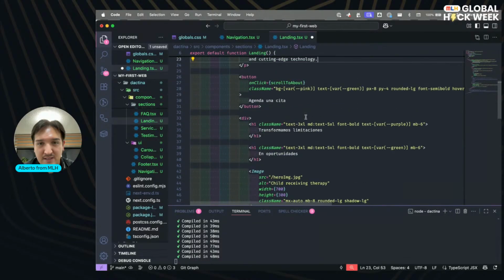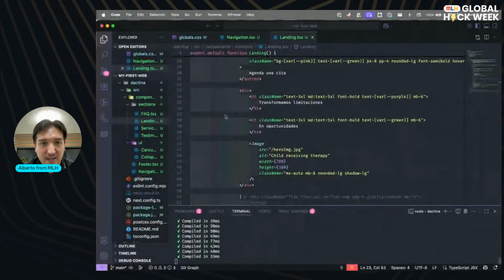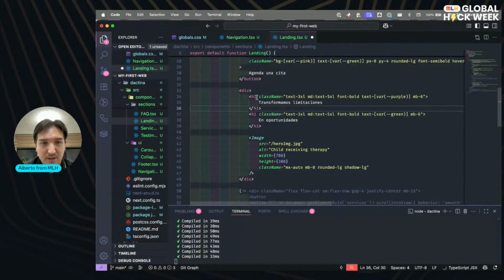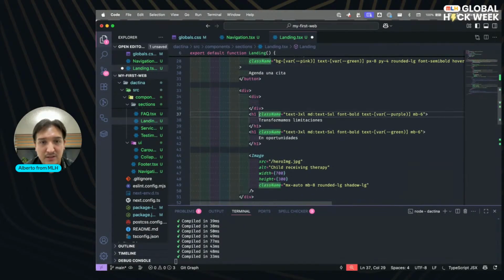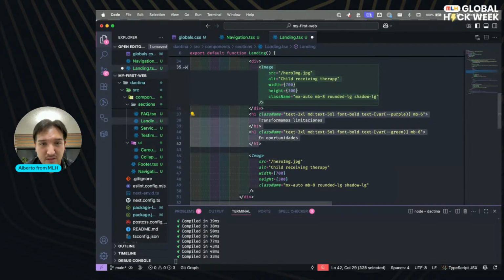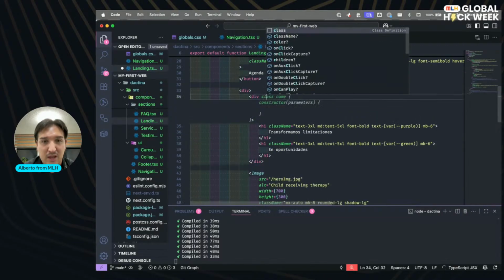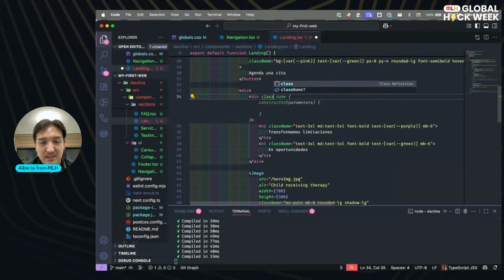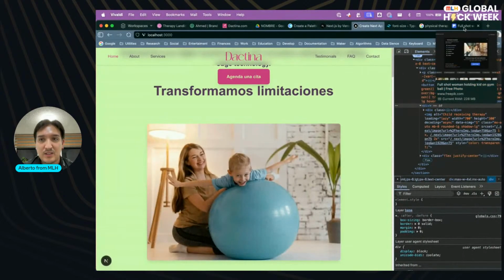And the rest, the thing here, is that these two then should be inside another div. And this div should have a class name. What should it be?